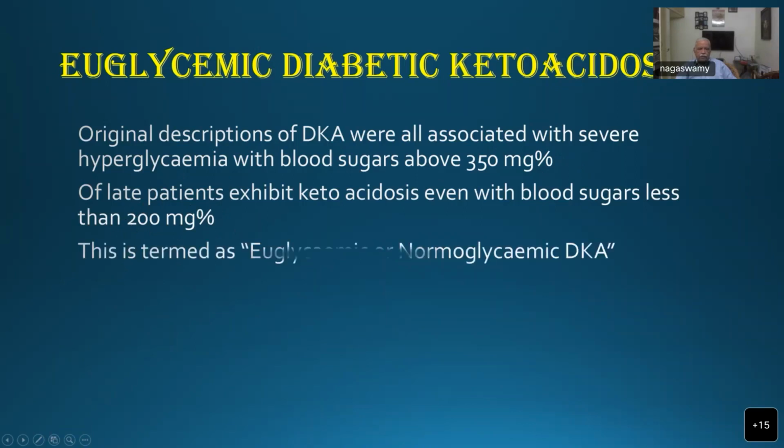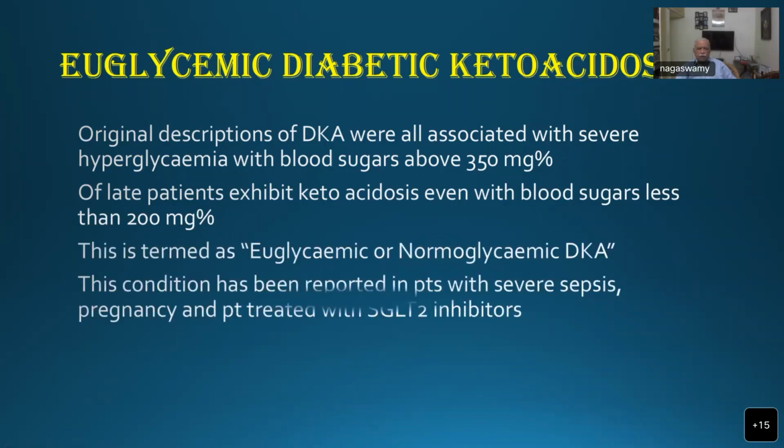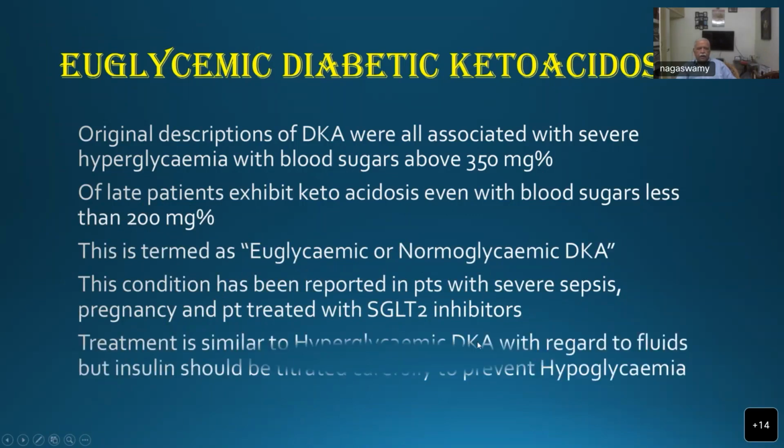And why that happens is what is called euglycemic or normoglycemic DKA. This is reported in patients who are treated with SGLT2 inhibitors and/or patients with severe sepsis and pregnancy. These are the two other categories of patients who can also exhibit this particular complication. And treatment is more or less the same with regard to fluids, but insulin should be given in a very